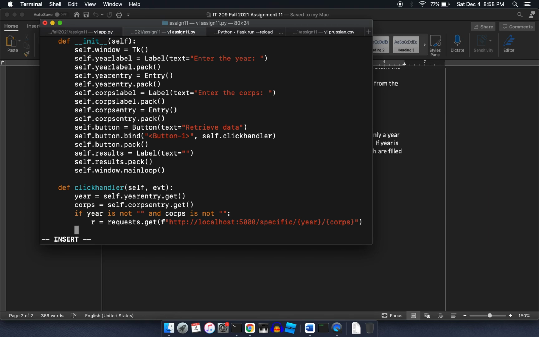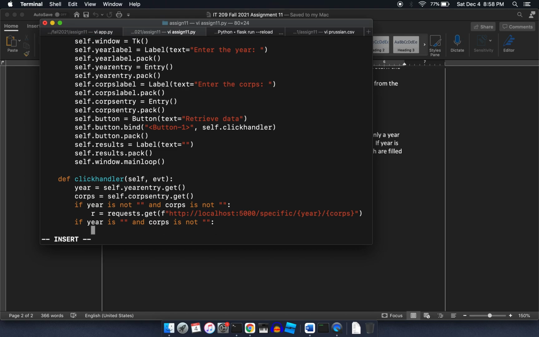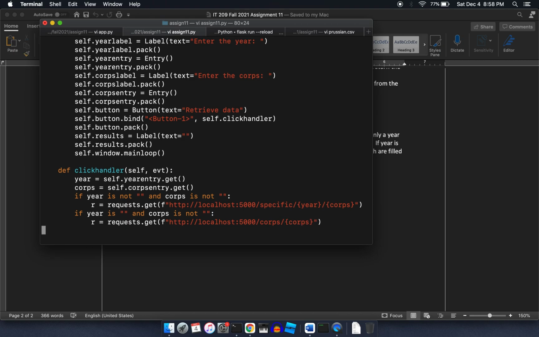Okay, so then we can say if year is blank and core is not blank, then that means we just want the stuff for core, right? So in that case, instead of specific, we're going to want core. And then we're just going to want core, right? All right. And then if year is not blank and core is blank,